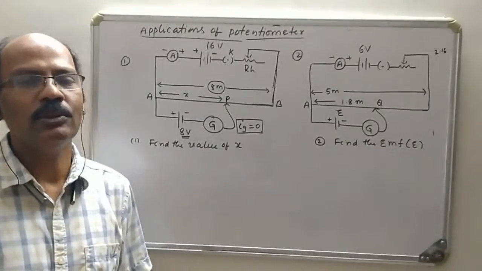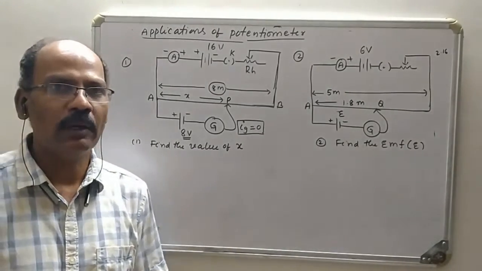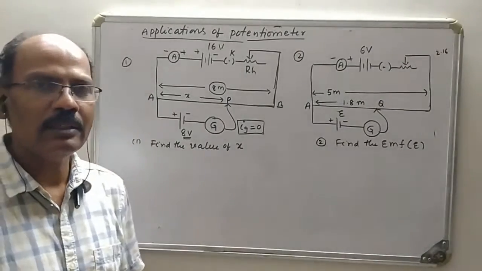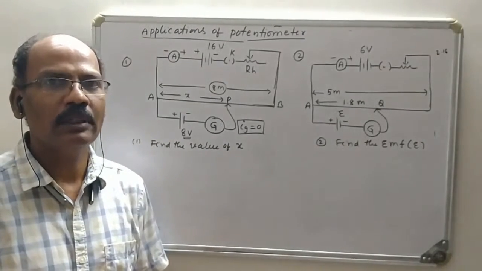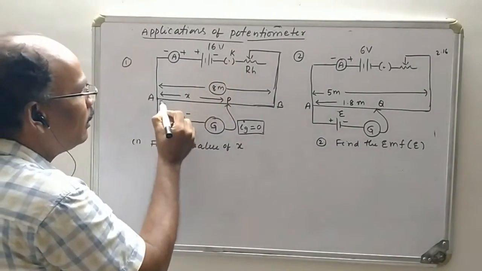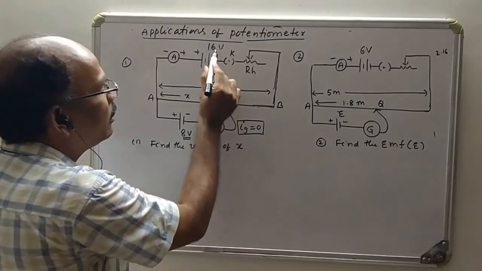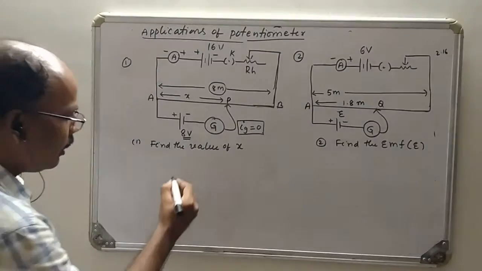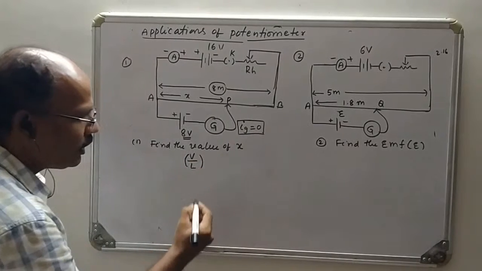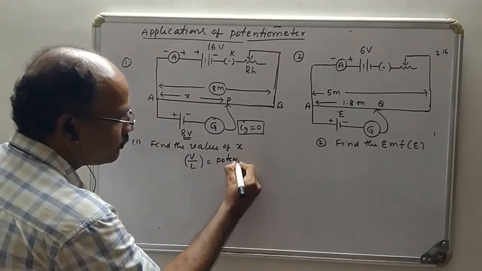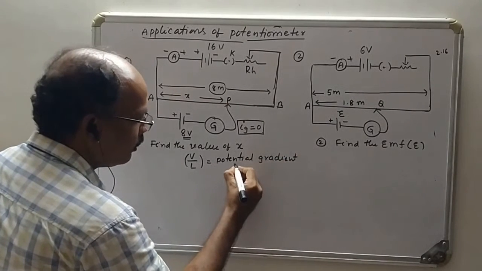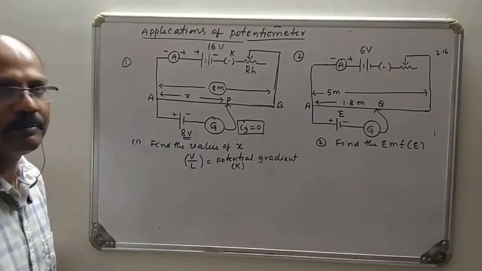So this is very easy to calculate the value of X. What is the principle of potentiometer? The potential drop across any given length of wire is directly proportional to its balancing length. So the total potential drop across the entire wire is nothing but 16 volts over 8 meters. So we can write the principle of potentiometer: V by L. This is the potential gradient,